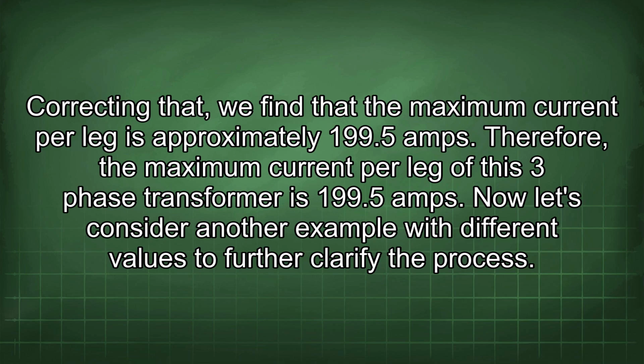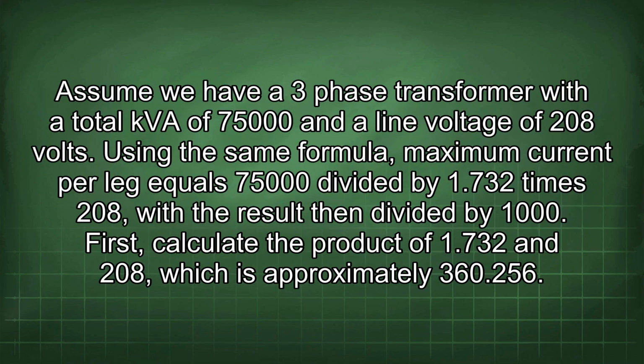Now let's consider another example with different values to further clarify the process. Assume we have a three-phase transformer with a total kVA of 75,000 and a line voltage of 208 volts. Using the same formula, maximum current per leg equals 75,000 divided by 1.732 times 208, with the result then divided by 1000. First, calculate the product of 1.732 and 208, which is approximately